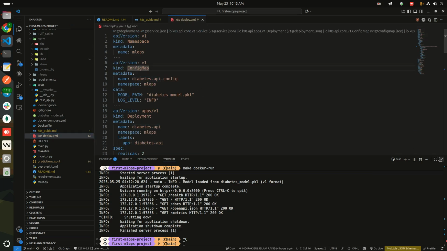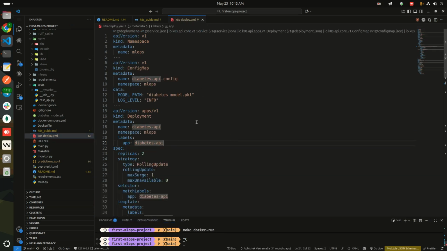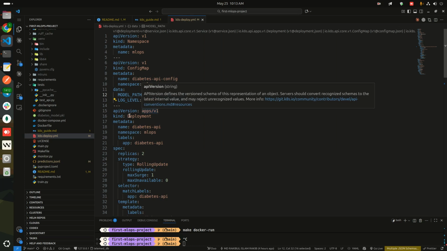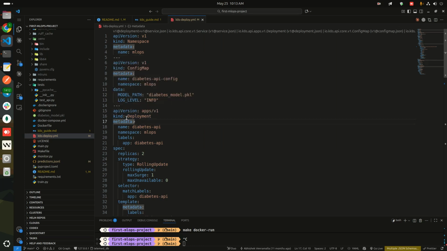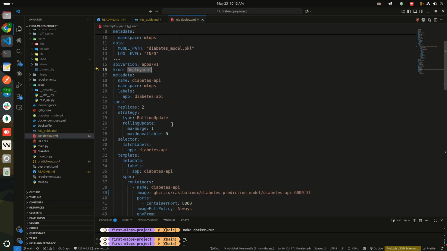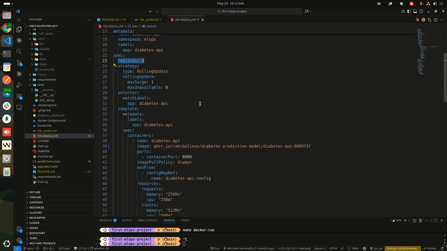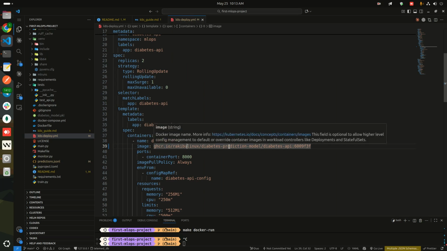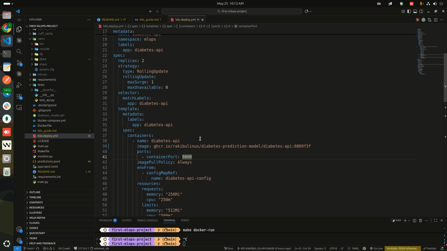You can see the Kubernetes configuration, the model path, FastAPI version, deployment, rolling updates, two replicas. This is the Docker image. This is actually from my GitHub registry. I deployed and I built the